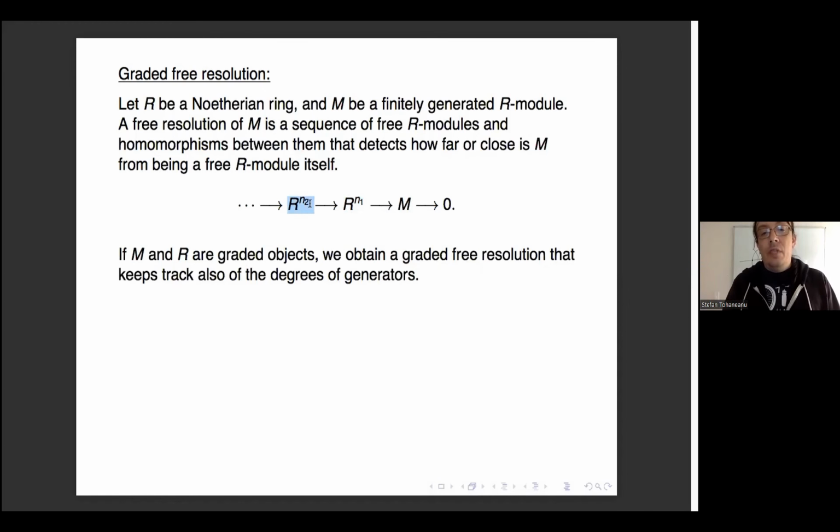So therefore we can create this map, and we have this composition. The image is included in the kernel and in fact is equal to it. We want this to be an exact complex, so this composition is 0. And so this is how you do it. Now we are talking here about homogeneous polynomials, so we have a grading, the standard grading given by the degree. Often in our calculations we want to keep track of this,